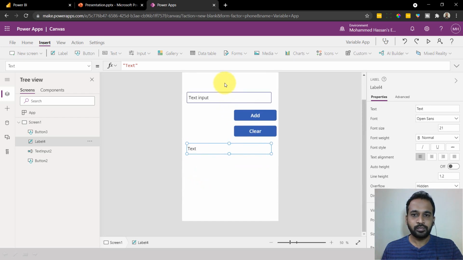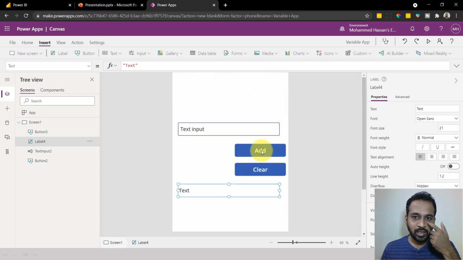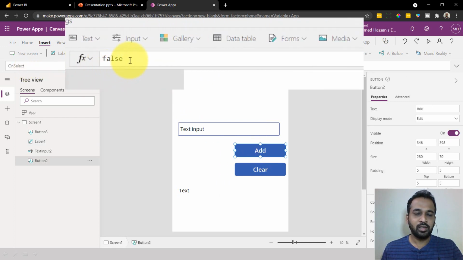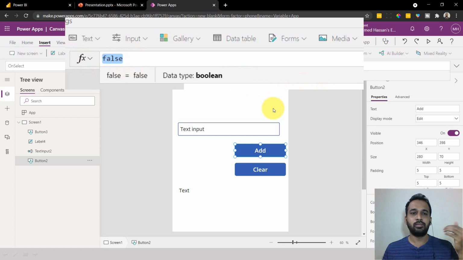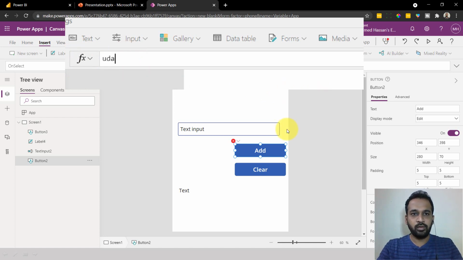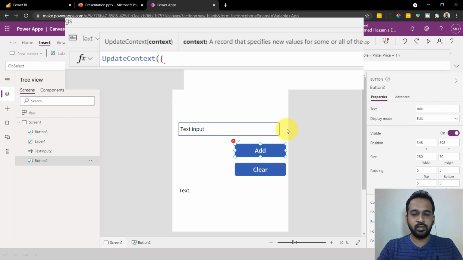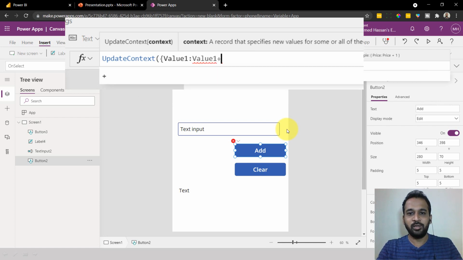By doing this, I'll just click on the Add button, and here on OnSelect I'm going to declare a local variable, UpdateContext, open bracket, and here value1, I'm declaring a value, colon, value1 plus the text input.